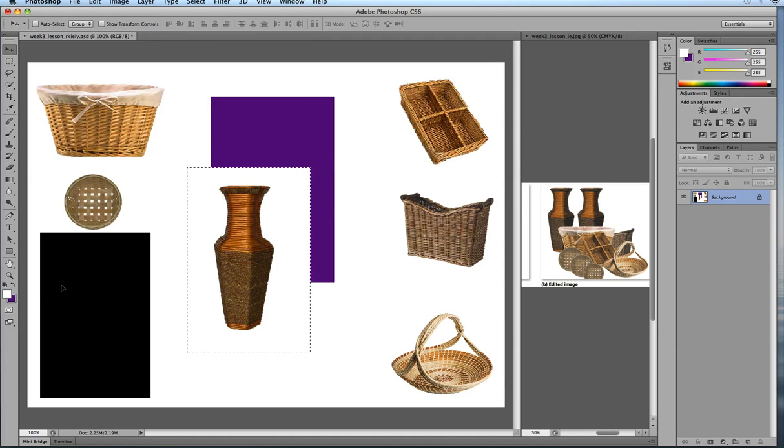So next we're going to go into the history panel, because right now this is not how I want it to look. So what do you do? In Photoshop, yes, you can go back in time. That's the beauty of it. That'll be in the